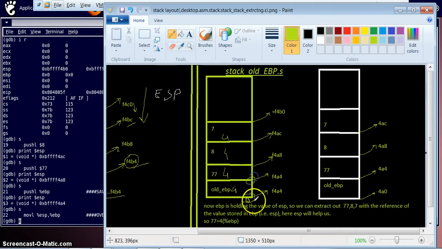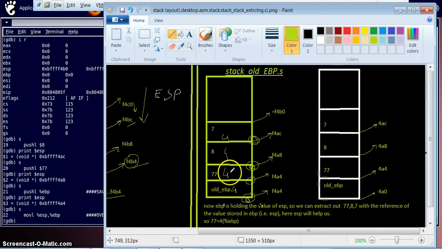Just add 4 bytes onto this reference address, then add 8 bytes onto this reference address, because 4 bytes and 4 bytes will add up to 8. So this point will be 8 memory addresses away from this one. Then in the same way, this will be 12 bytes away from this section.